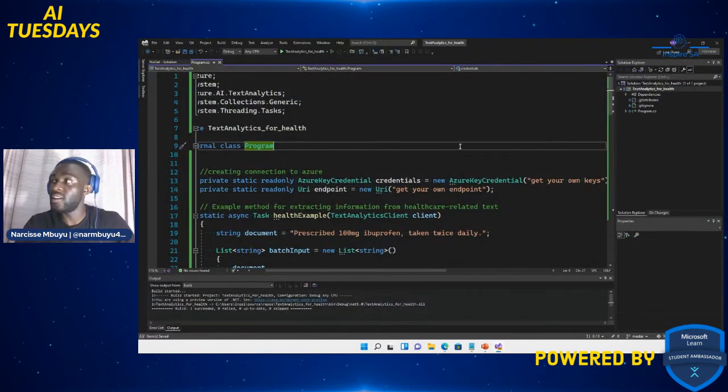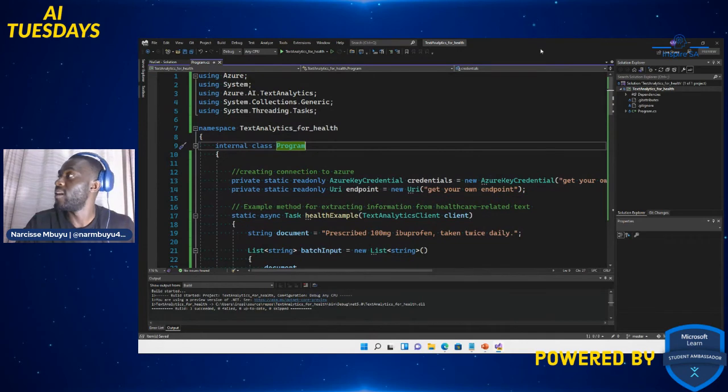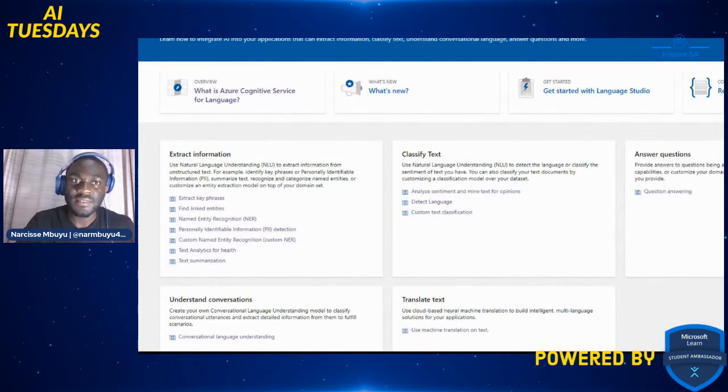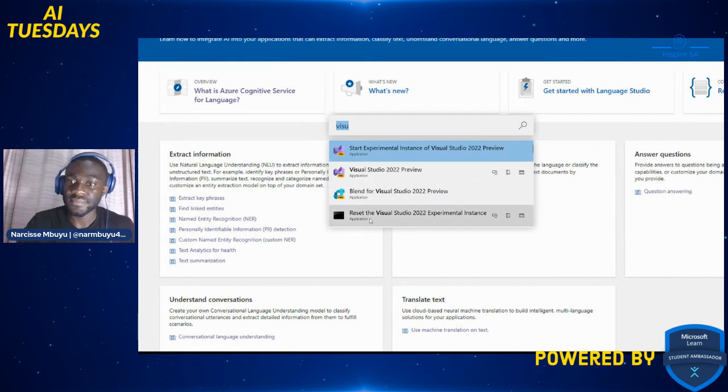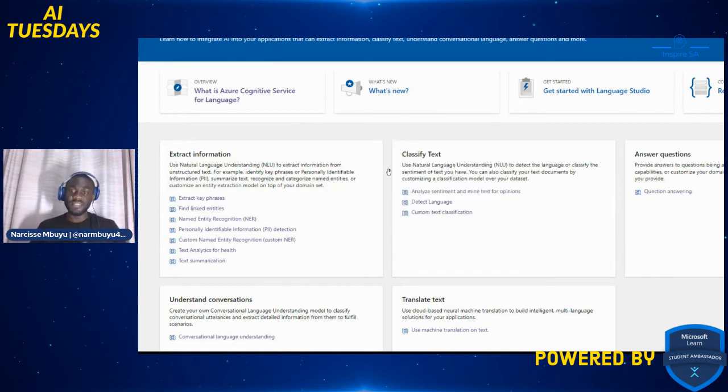Well, it's been a lot to grasp for one session, I have to say. But yeah, we've reached the last program, which is the text summary. It summarizes text, basically.